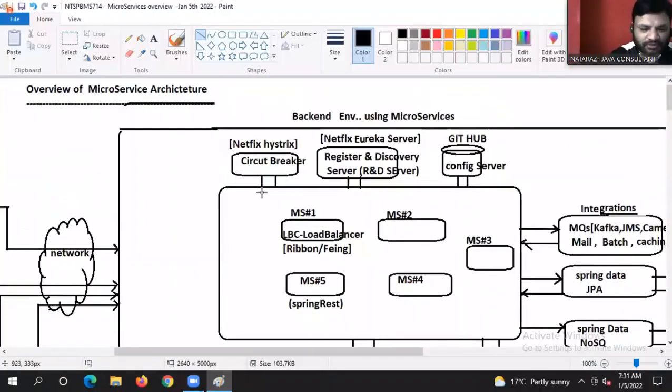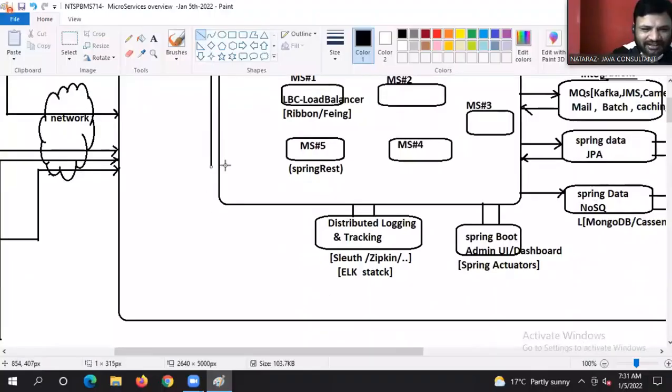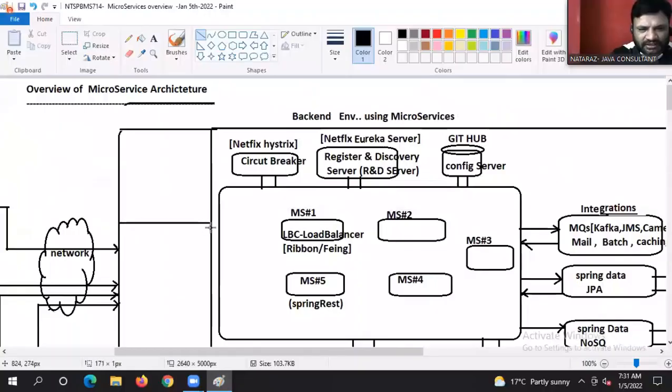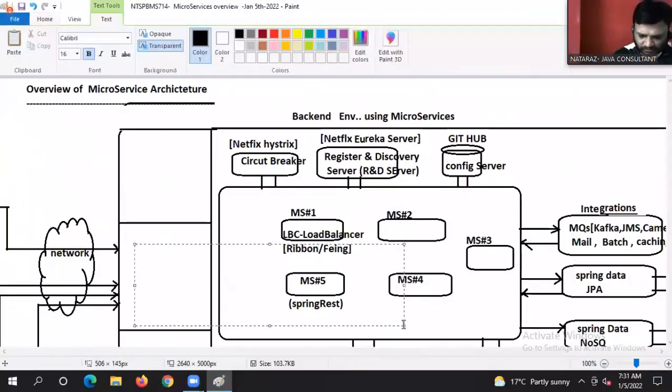There should be one entry and exit point for all these microservices, and that is nothing but the API gateway.